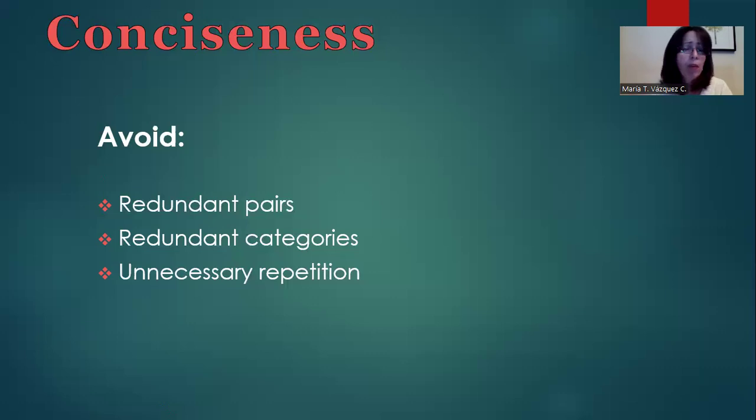How many times have you seen, for example, blue in color? It's obvious. You don't need to say in color. It's blue. That's it. Or in a confused state. Confused is a state. You don't need to write state. Okay, so these are 4 characteristics of academic writing that are important to be kept when you're writing essays, reports, summaries at school or at university.